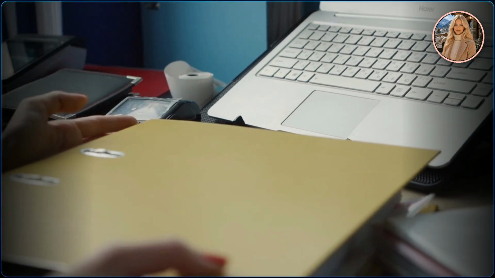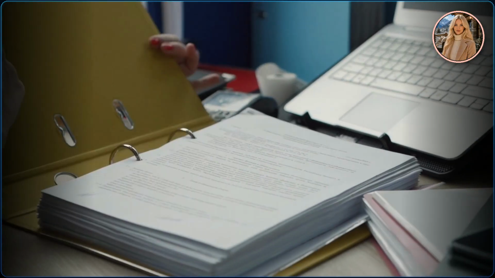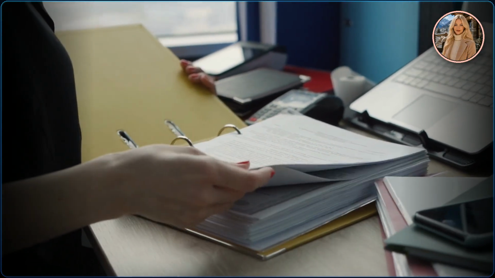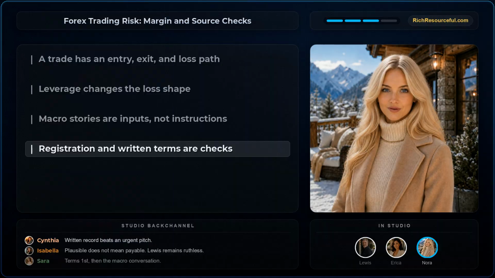One more working-level distinction can keep a currency discussion honest. A person may have a view about an economy and still have no workable trade. A view has to survive the route from idea to instrument. Which account or contract carries the exposure? Is the position spot, a fund holding foreign assets, an option, a future, a forward arrangement, or another product entirely? What currency is the account measured in?